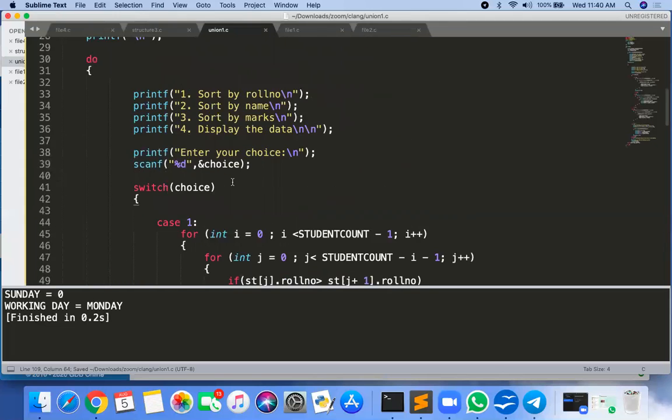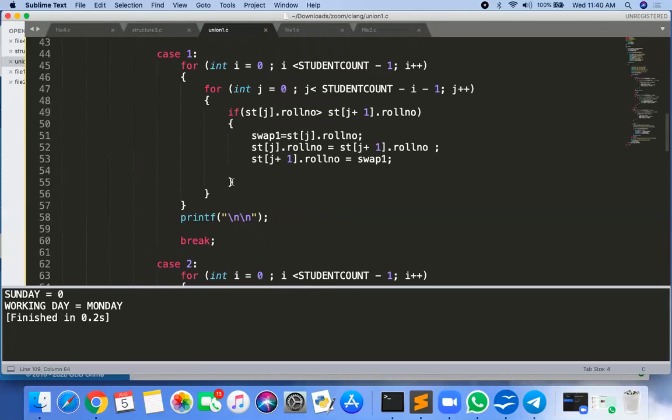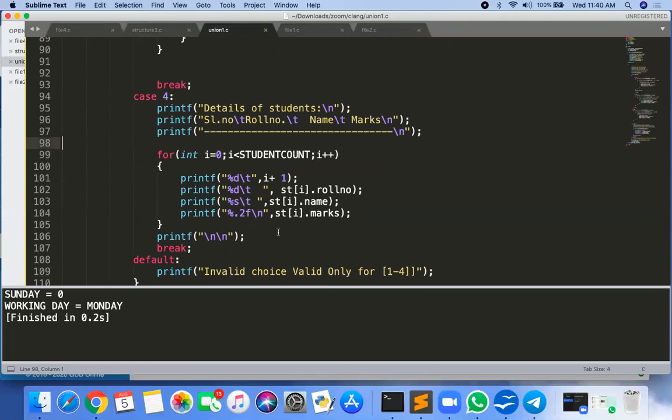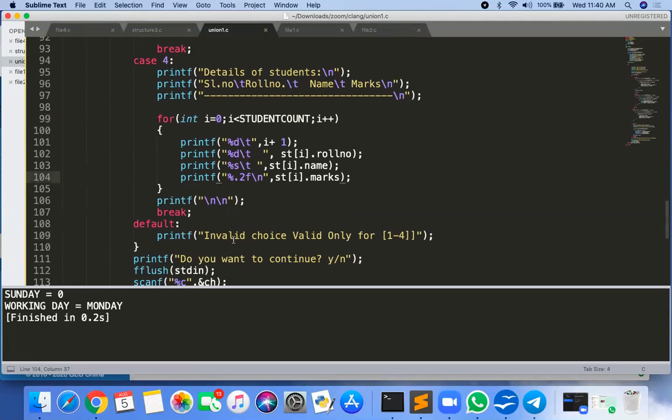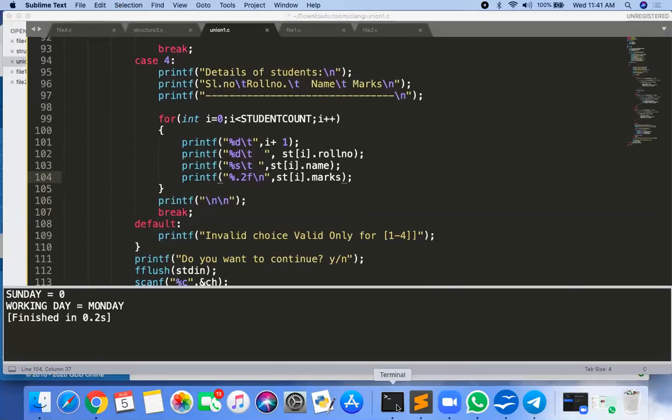Okay, so done. So there's only roll number you're displaying, sir. Where? Case 4. Yeah, roll number, name, and marks are all displayed. Okay, fine. So the name of my program is union1.c.